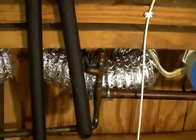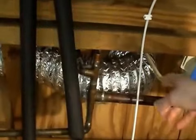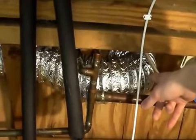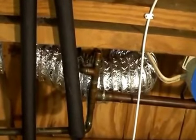So to get everyone grounded here on what's going on, we're looking up at my ceiling, and this is my dryer duct coming in from upstairs. The dryer is actually upstairs in this house. And then as we go across the ceiling here,